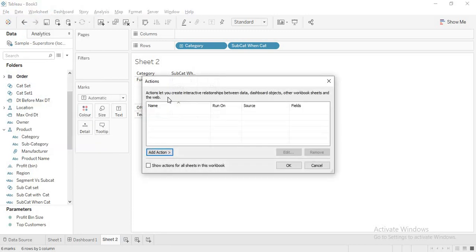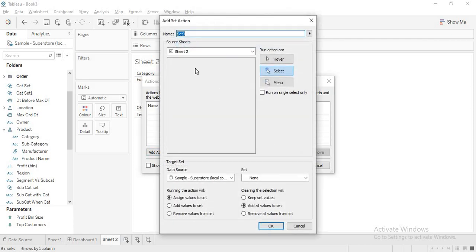Let me go to actions and add action, and I see this change set values. Now here everything like hover, select, menu, whatever you want, you can select. This is our data source, and when running the action, what will happen?